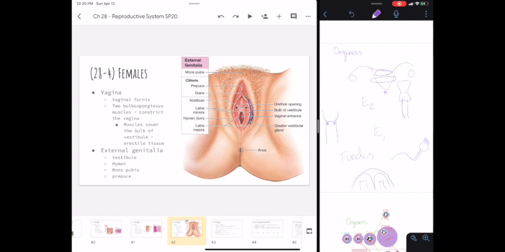Let's see here. Oh, let's talk about the mons pubis for a second. So in America, people love to get rid of mons pubis in a variety of ways, but structure usually equals function, and there's a purpose for it being there, and it's protective. It helps prevent